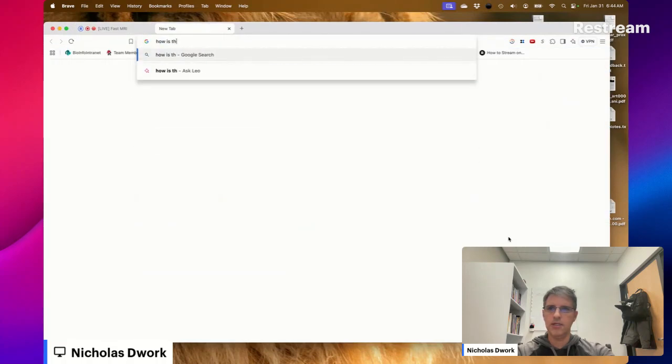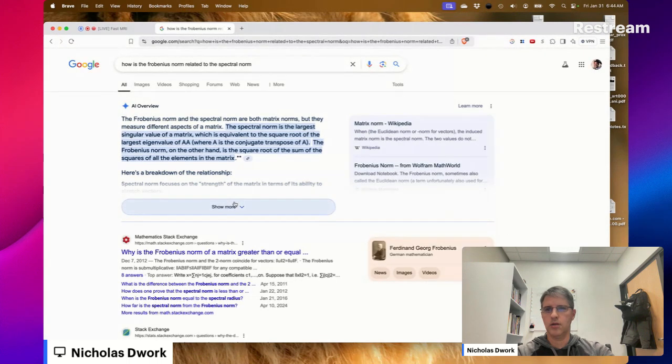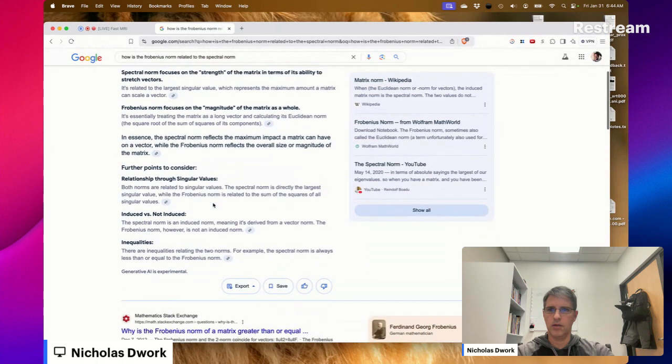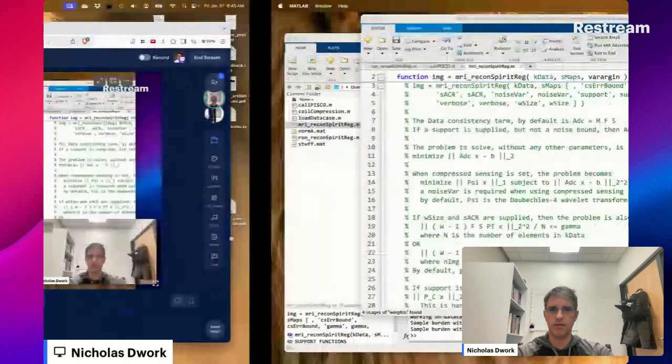How is the Frobenius norm related to the spectral norm? Okay, the Frobenius norm is the sum of the squares of all the singular values, and the spectral norm is the largest singular value.